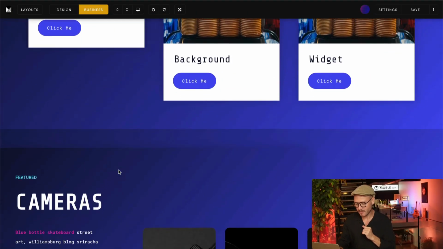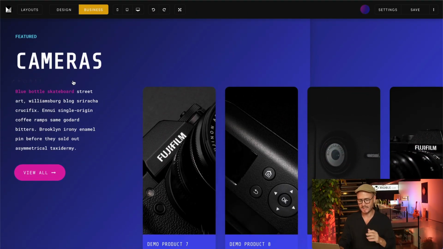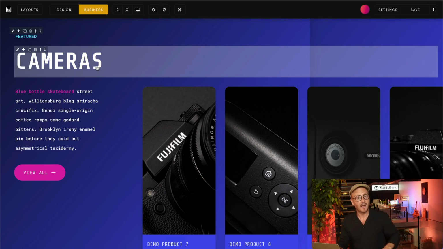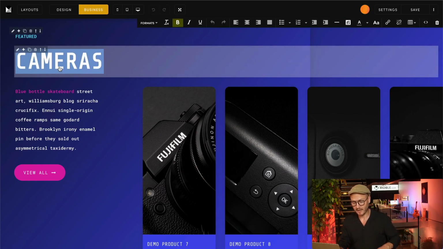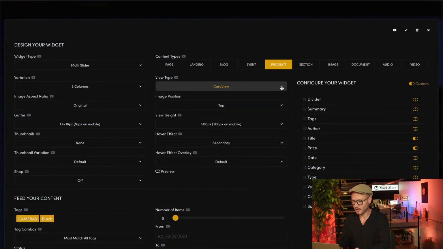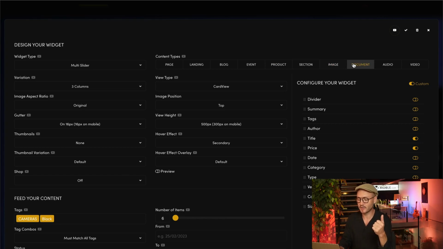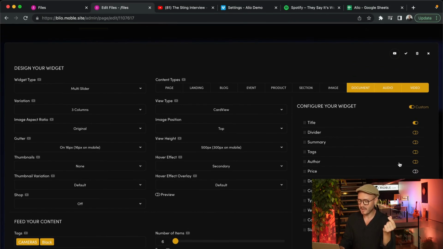Now, what I'm going to do is go down to this particular layout here, and I'll just call it media for now. Now what we want to do is say, this was showing products before, but in this case, what do we want to show? We want to show documents, audio and video. And we'll just show the title here, because we haven't got